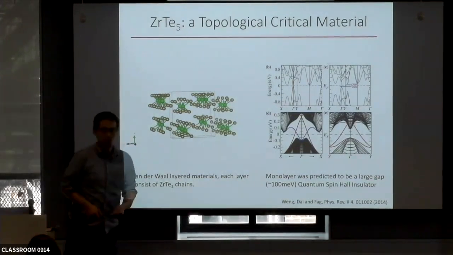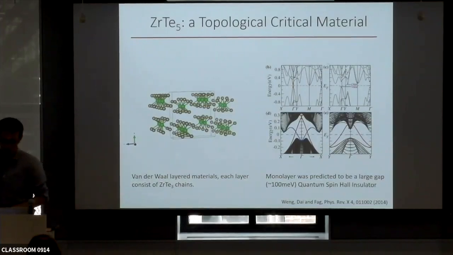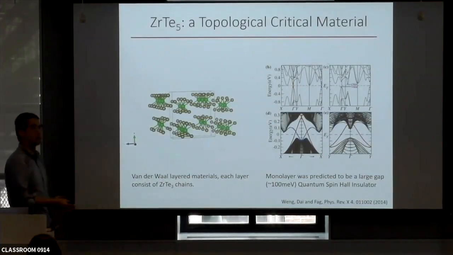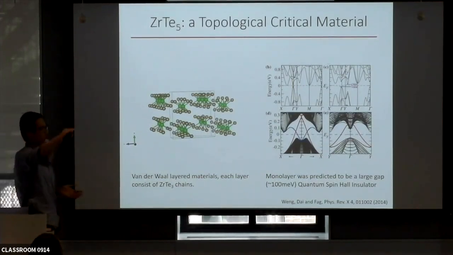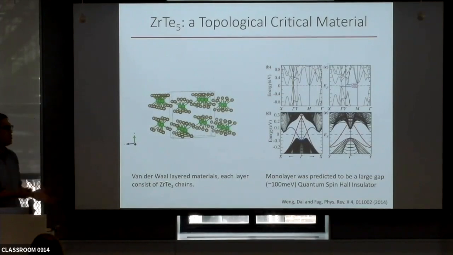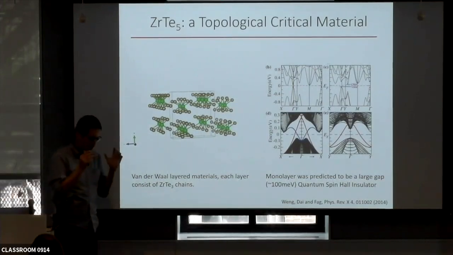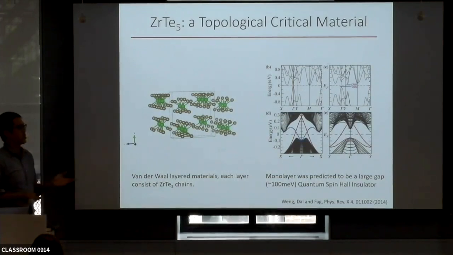Now, this material has a long history. It has been studied as early as the 1980s, and people initially thought, in the context of quasi-1D materials, that it could form a charge density wave. It also shows some very strange R versus T curve that somewhat looks like a charge density wave. But eventually, there's really no strong evidence of any phase transition in this material.